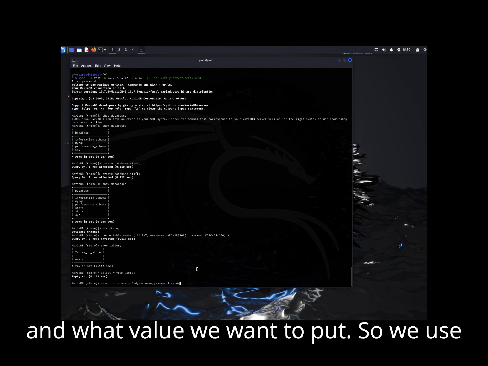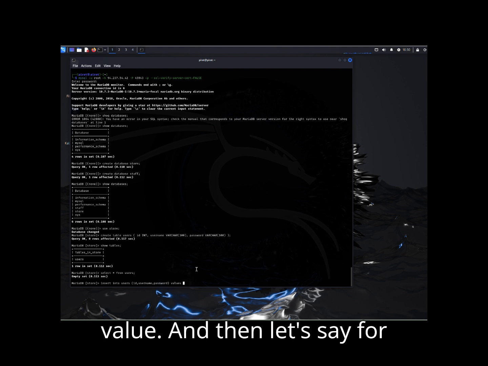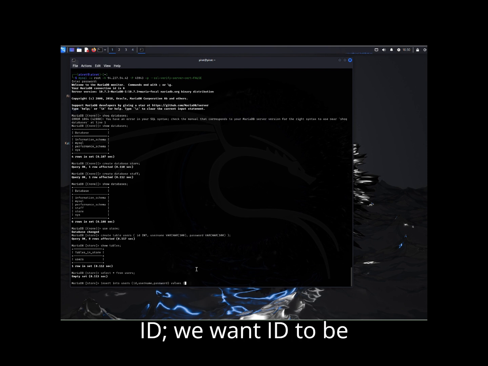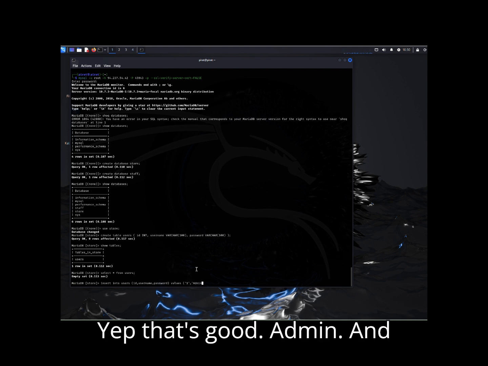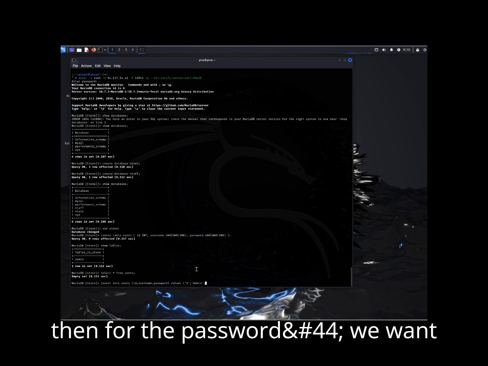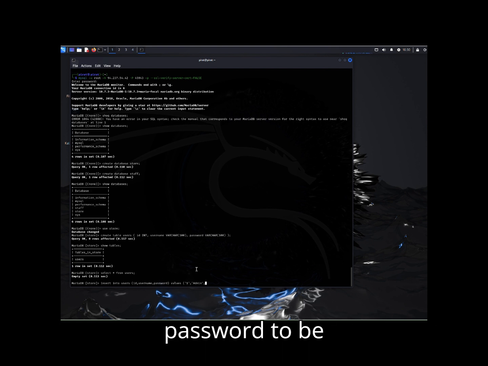And what values we want to put. So we use values. For ID, we want ID to be 1. We want a username admin. And then for the password, we want